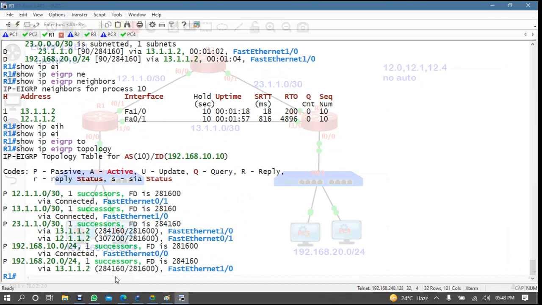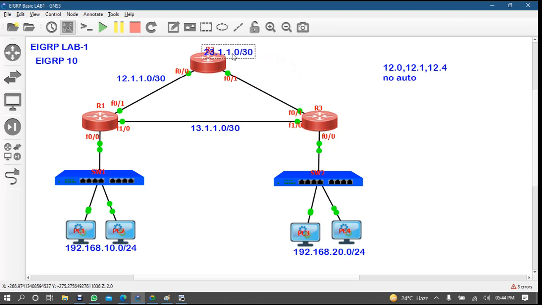If you are on R1, this is a little bit technical, understand it. For you, the 23 network you are getting from R2 and you can also get from R3 as well, right?